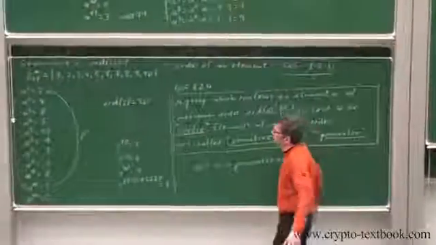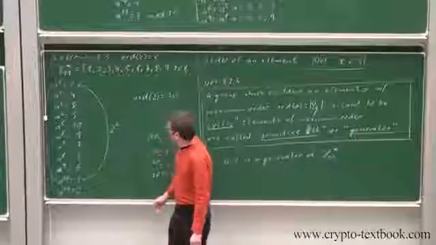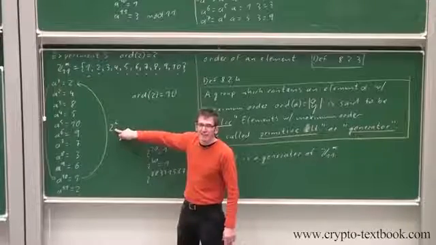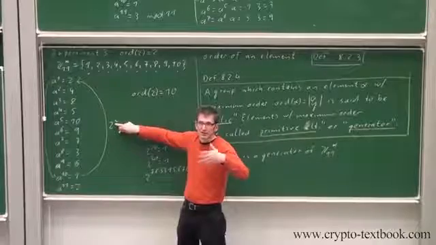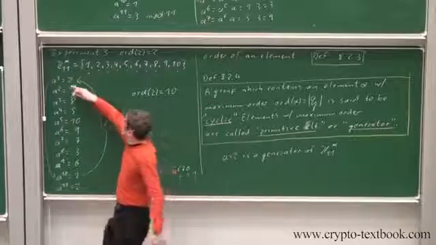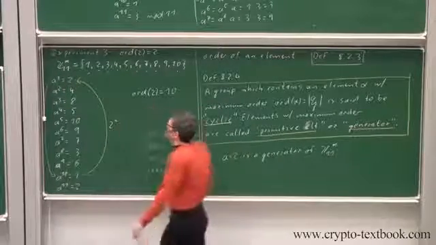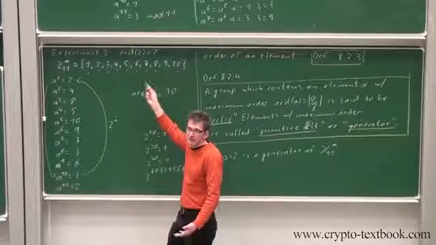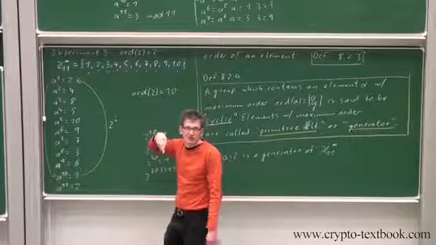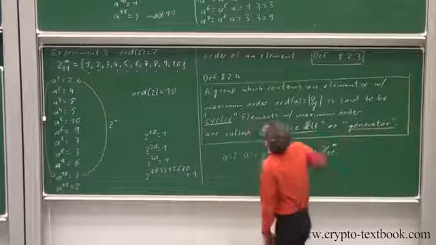I think I mentioned that before. Well, if you look at 2 to the i, you let i run, Exponent 1, 2, 3, 4, and so on. What happens here, you generate the entire group. And this is why 2 is called a generator, which is, by the way,